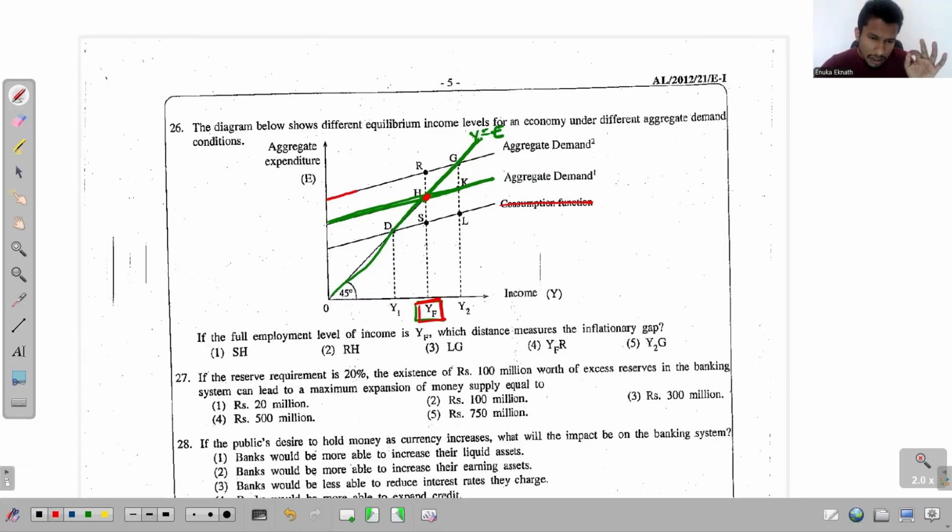So here that happens. If you just go along this curve, right, there the aggregate demand exceeds the aggregate demand needed to achieve this full employment level of national income. So this gap between the two curves, right, this gap between the two curves, this gap,